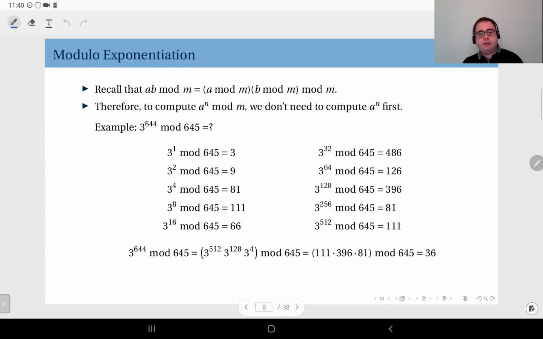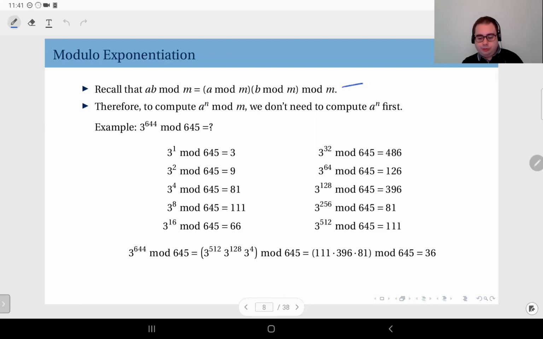Okay, so we talked about addition and multiplication. We don't usually talk about subtraction and division, because subtraction is defined via additive inverse, and division via multiplicative inverse, if they exist. And we can also talk about exponentiation because it's just repeated multiplication. But here, of course, we don't really need to compute the exact values in the general set of integers, and